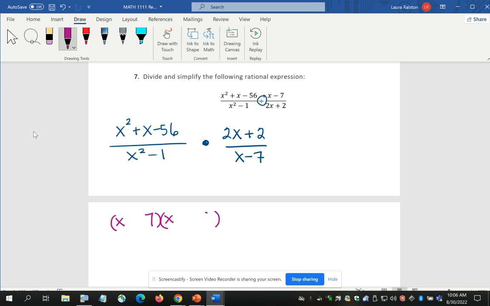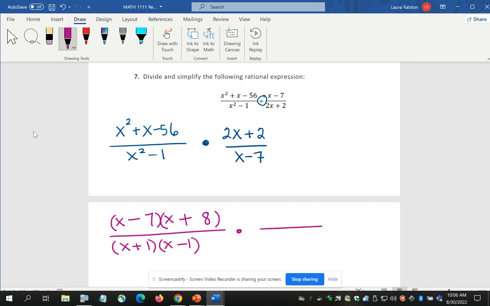That's 7 and 8. We want a positive 1, so the larger number is positive and the smaller one is negative. X squared minus 1, which is in the denominator, is a difference of two squares. It factors as x plus 1, x minus 1,